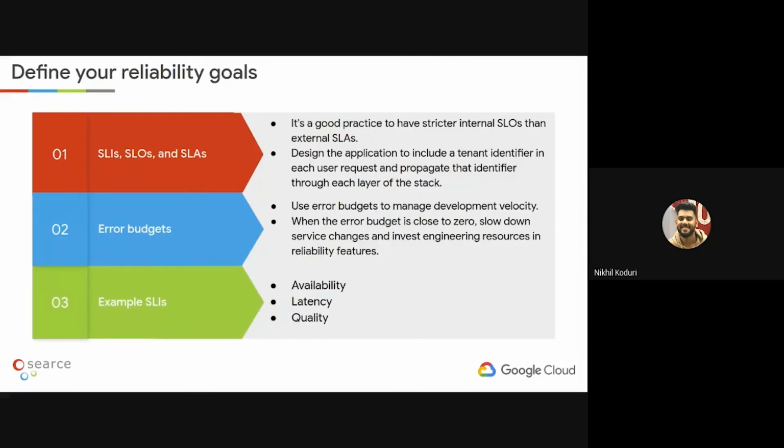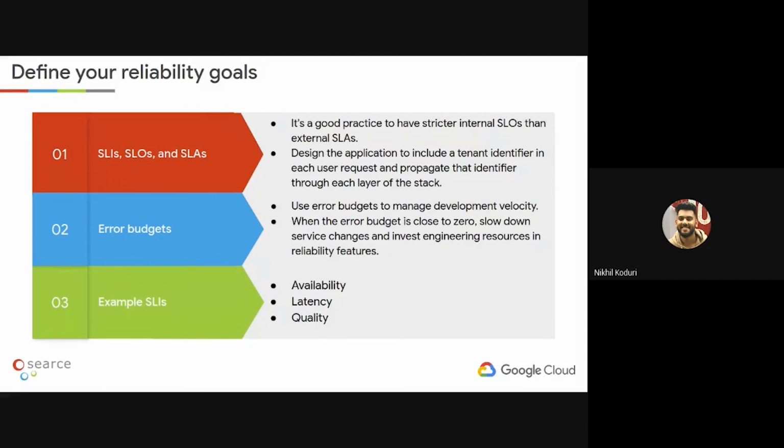So we have to define our reliability goals, and these are the major steps that you have to carry out to get the most reliable outcome from your application, right? The first is that you have to define your SLIs, SLOs, and SLAs, right?